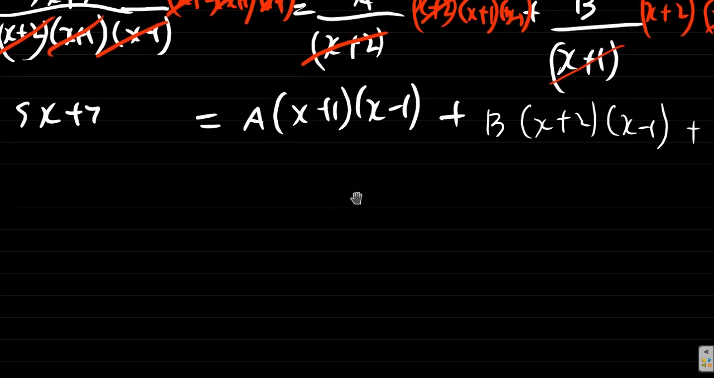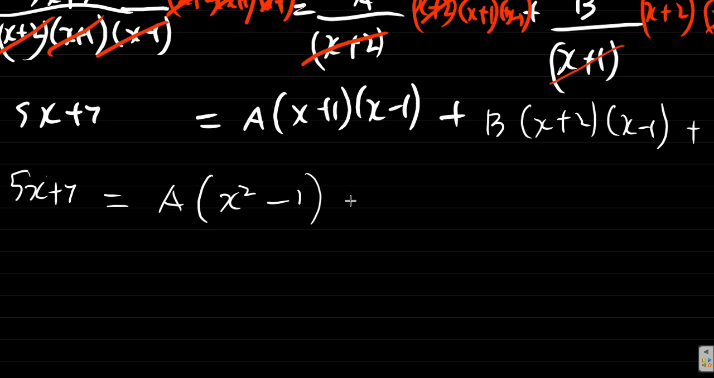Now, the next thing is going to multiply out the brackets. So we have 5x plus 7 is equal to a times, when you multiply out the brackets, you have x squared minus x plus x, that will disappear, minus 1, right, plus b times, you have x squared minus x plus 2x, right, x squared minus x plus 2x, but what's going to happen here? Negative x plus 2x, that's 1x. So you can say plus x,